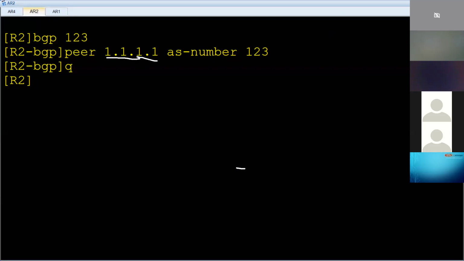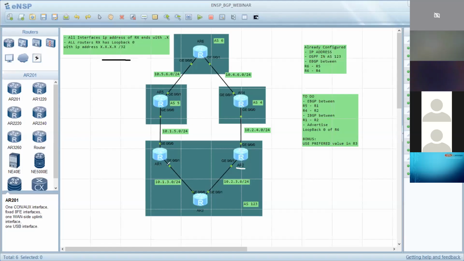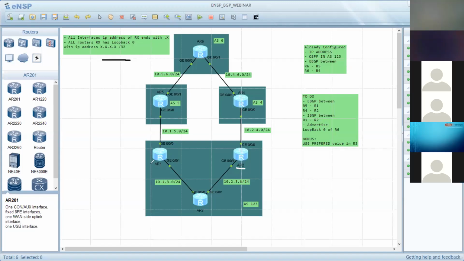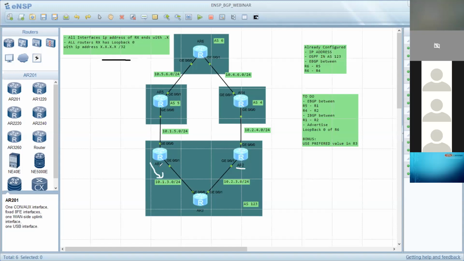So if the TCP connection doesn't come from 1.1.1.1, R2 doesn't know what the IP address of the other interface of R1 is. But in this case, when the TCP connection is initiated, R1 will use an IP address